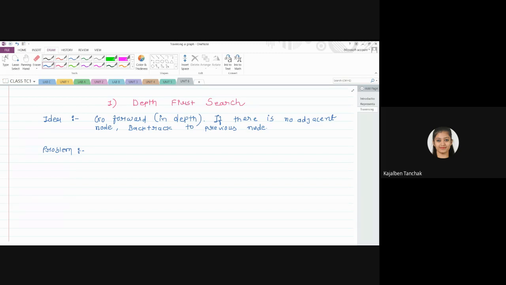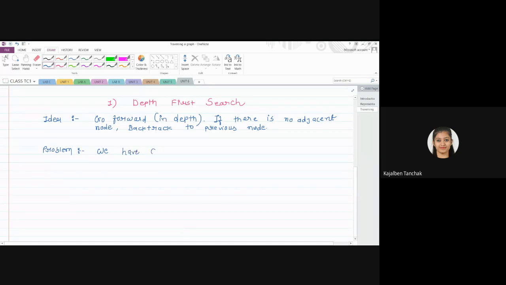How will you give the solution? We have to use a Boolean array to keep track of visited nodes, because each node we have to visit only one time. Fine. So we will keep a track of a flag or Boolean array in which initially all the nodes are unvisited, so we update with 0, 0. Whenever you visit a node, you mark it as 1. Right? So let me write down the problem.